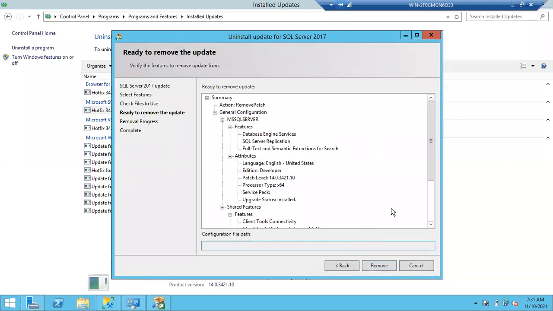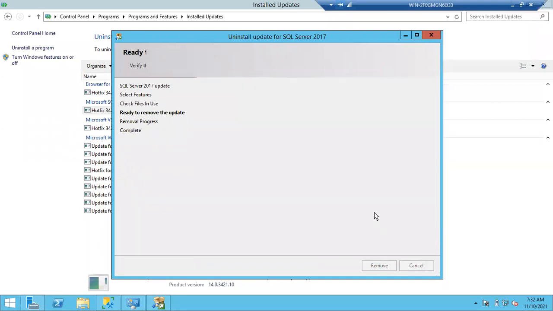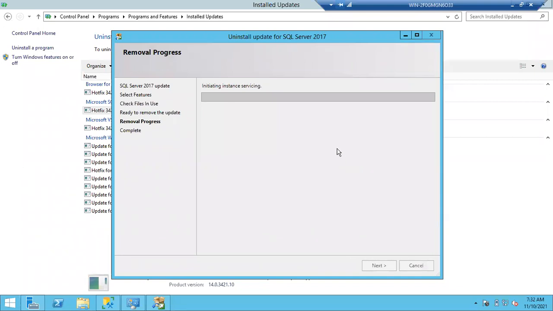Next, and this is the final screen. You can see the remove option. You can see here Action is equal to remove patch. The command is Action equals remove patch, and you can remove it. And no need to stop your instance while removing. The instance can be up and running, but you can still remove the patch.